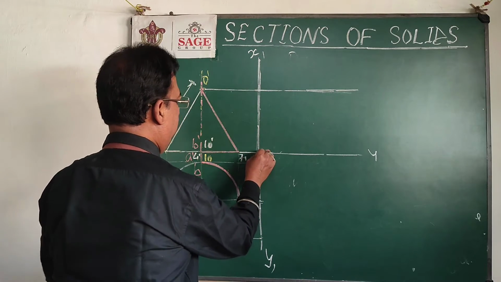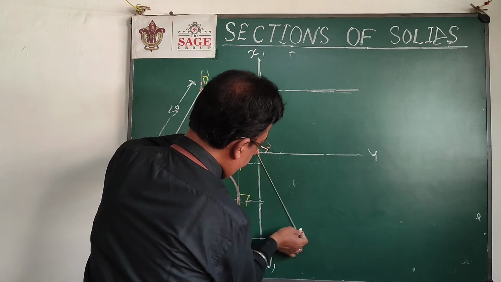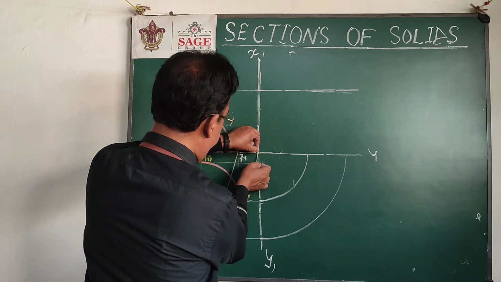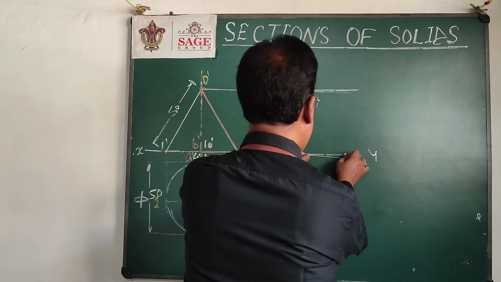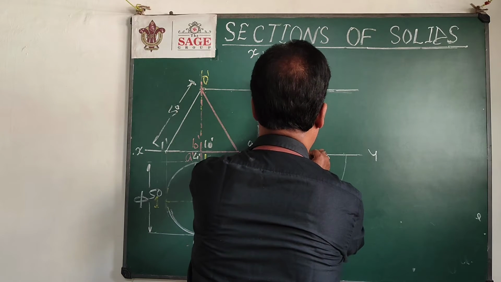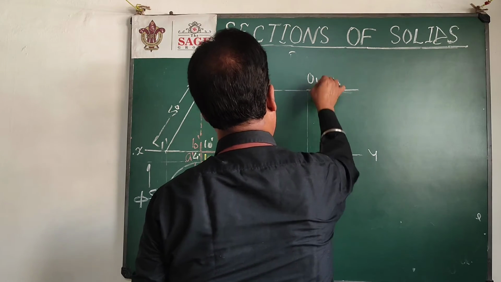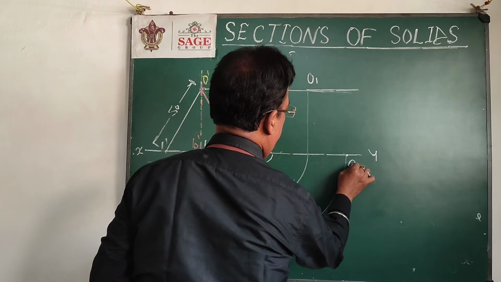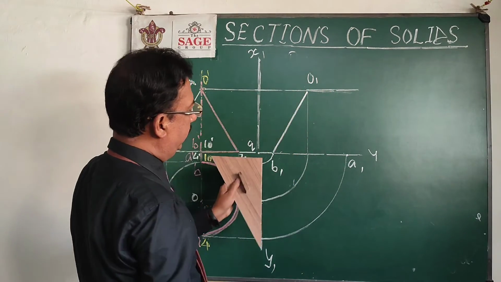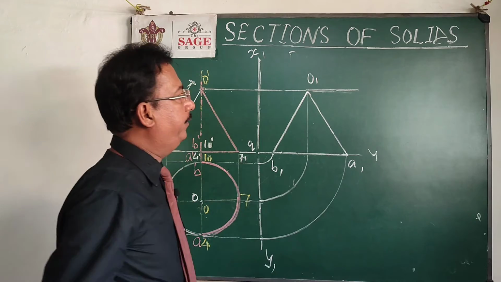Now the intersection of these two reference lines, suppose that point will be Q, then take Q as center and this one as radius and rotate all these three points. And go upside from this, and you will get the point O1. I can say this will be point A1 and this will be point B1. So join these O1, A1 and B1, and this is the side view.